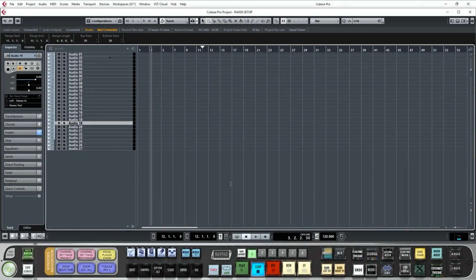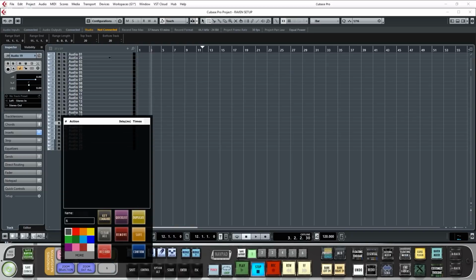Let's create a batch command that will create a visibility configuration for the selected tracks. First, open a batch command and hit key command. Then type the key command to show selected tracks, which is Shift-Alt-T. Then add a little delay by clicking into the batch command delay tab and type in 500 milliseconds. Next, use the key command to create a new visibility configuration, which is Alt-/, and give this a delay of